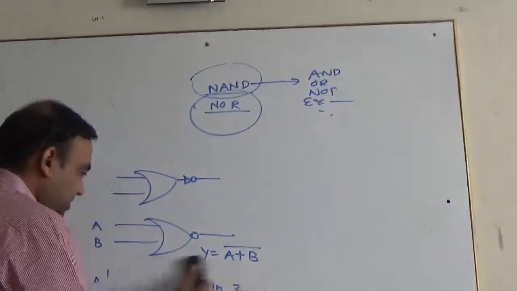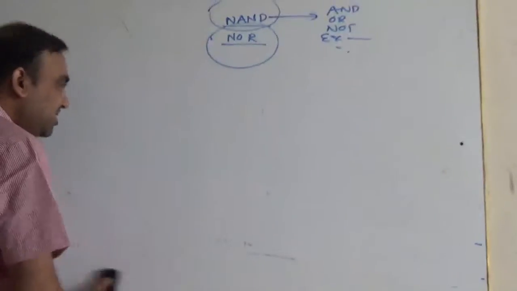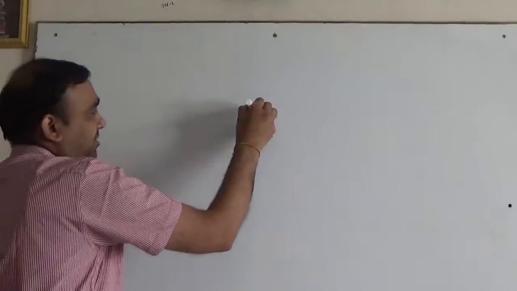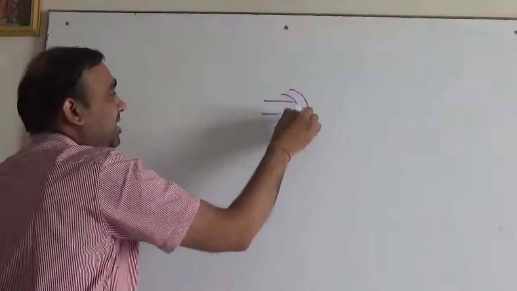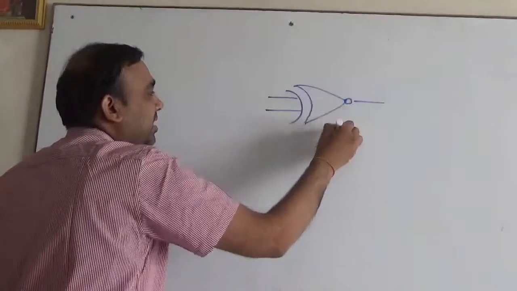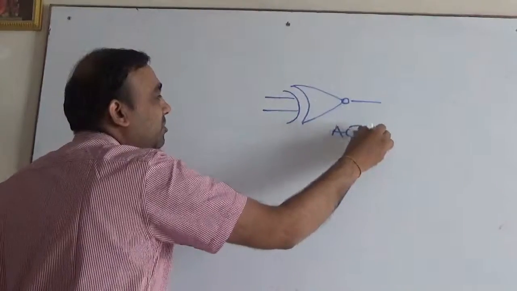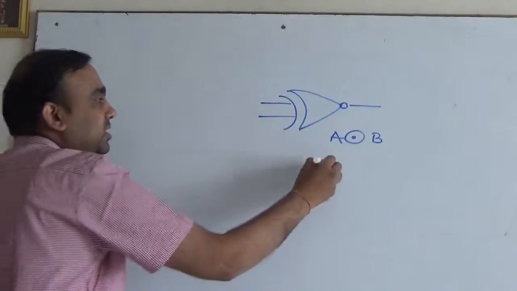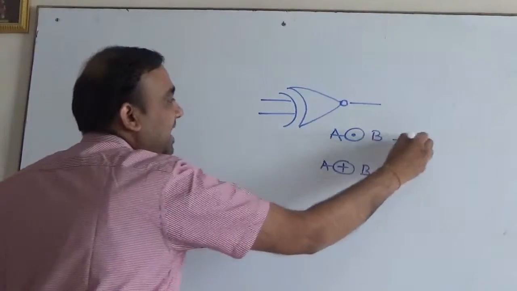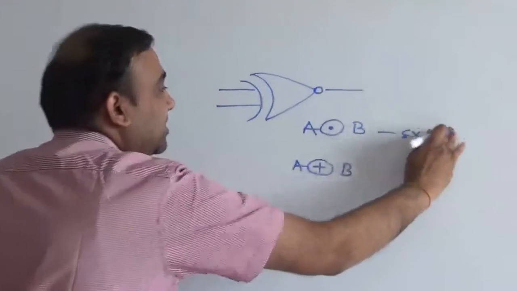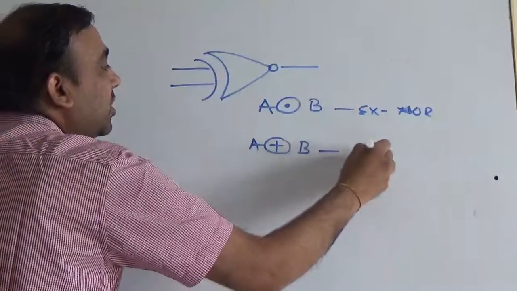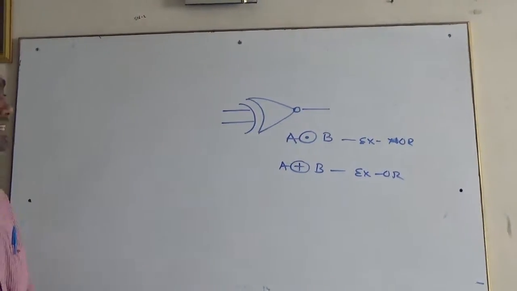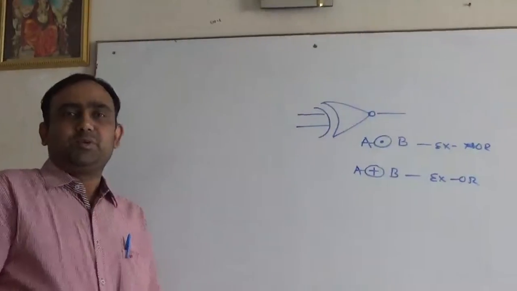While discussing the XOR gate, just correct one thing. When we were discussing the XNOR gate, I was showing the symbol of this. Here it is the XNOR symbol, it is not an XOR symbol. Okay, for the XOR symbol, it is this one. This is for XNOR, so just correct it, this is for XOR. So please correct that, my mistake in the previous part I discussed. Okay, so you got this.